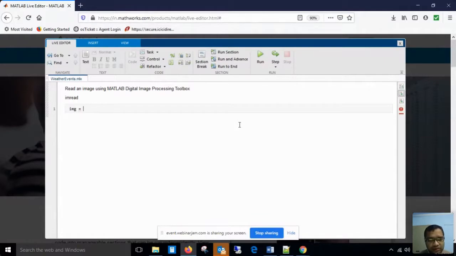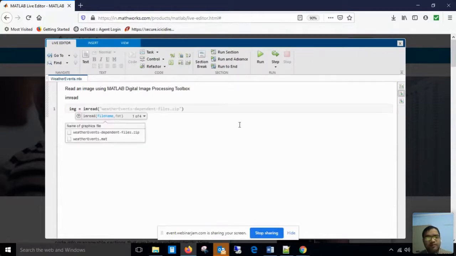I will go through the details of these points. So I will use imread, and then I have to provide the file name, right? What imread function does, it takes the image file name as parameter, and when you provide this parameter, it reads that file, and after reading that file, it converts that image into a 2D matrix by default, right?